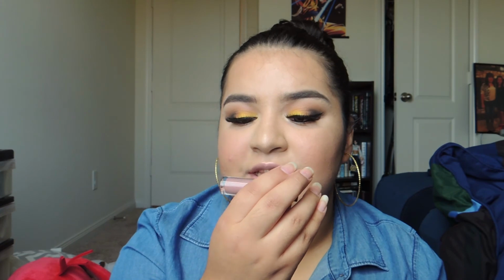For lipstick today, I'm going to be using this nude Sephora lip pencil. And I'm just going to be taking that and contouring my lips. I'm going to be filling my lips with it as well. Taking my favorite nude lipstick, which is the Tarte Lip Paint in the shade Birthday Suit, I'm just going to